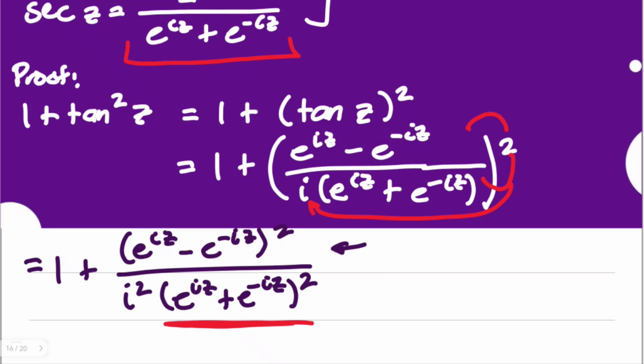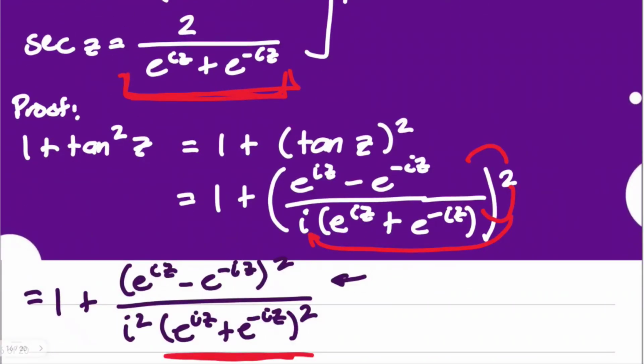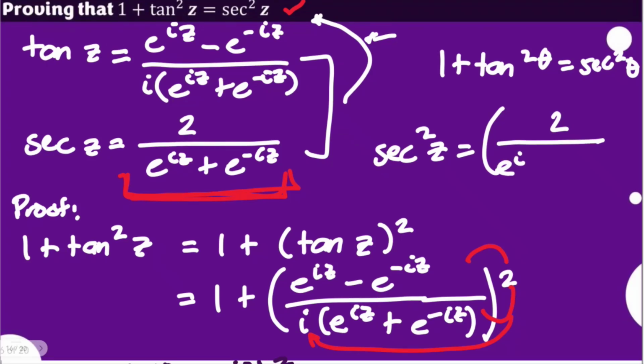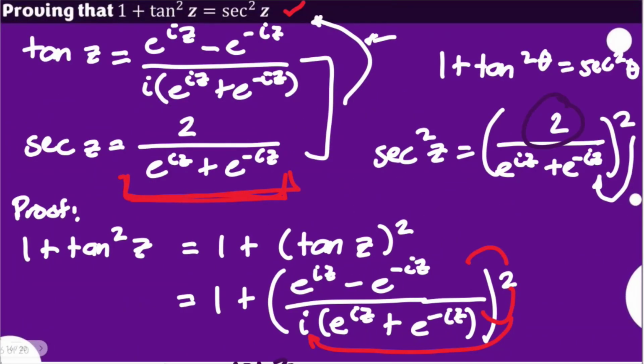But since our target is actually secant squared z, and our secant actually has a denominator similar to this item here, just squared, and take note, our goal is the square of secant, meaning it would be like this. Allow me to write here what would be our target. So the square of secant z must be the square of 2 over e to the power of iz plus e to the power of negative iz, just like that. That would mean applying the power law here, you're already having that in your denominator. So please do not touch this item here. But for our numerator, hopefully we could reach 2 as our target here.